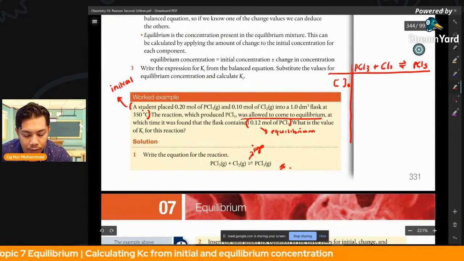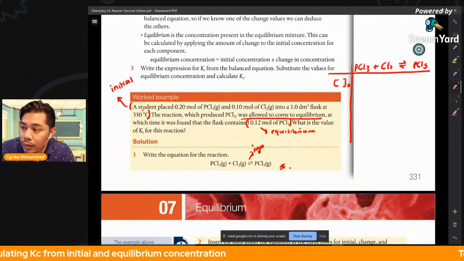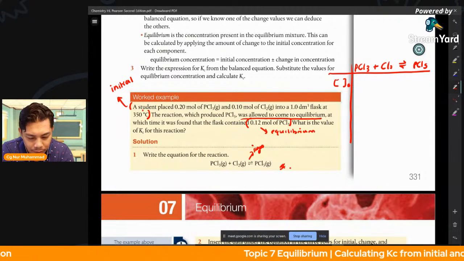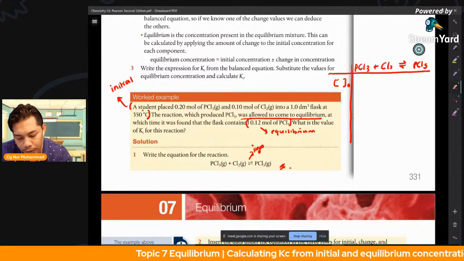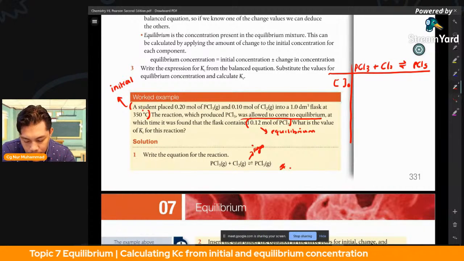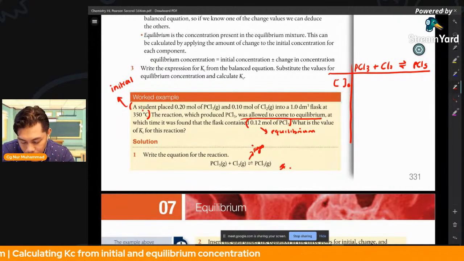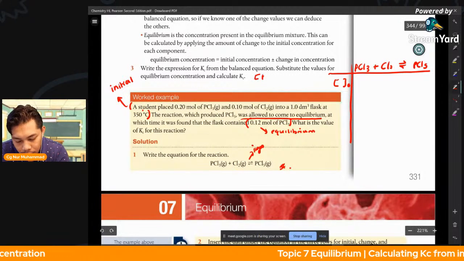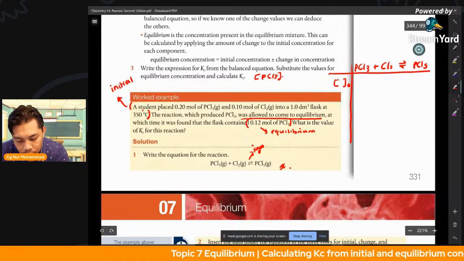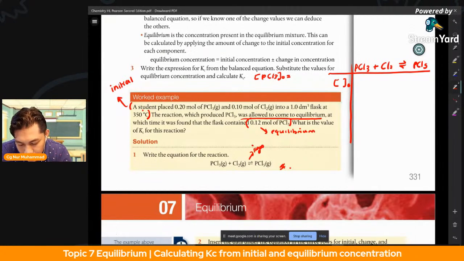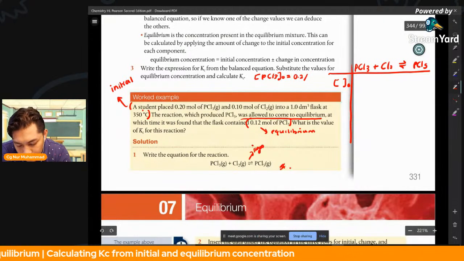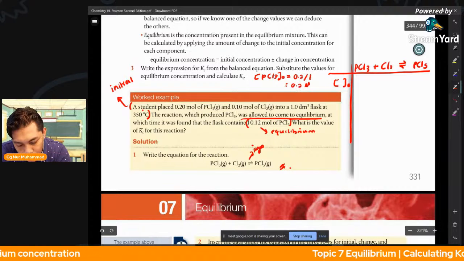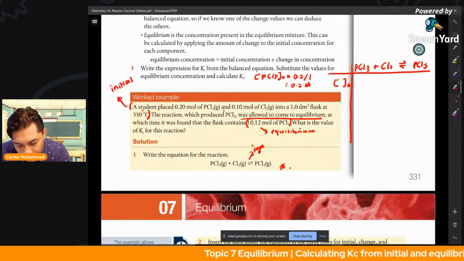Nampak? Calculation ni saya dah ajar masa tajuk acid and base. Masa tu SL masuk atau saya tak ingat. Okay, tak apa, ini dia. Tengok ni dulu. Okay, first calculate the initial concentration. So PCl3 initial concentration dia berapa? So 0.2 divide by 1, so akan 0.2 molar. Okay, and then